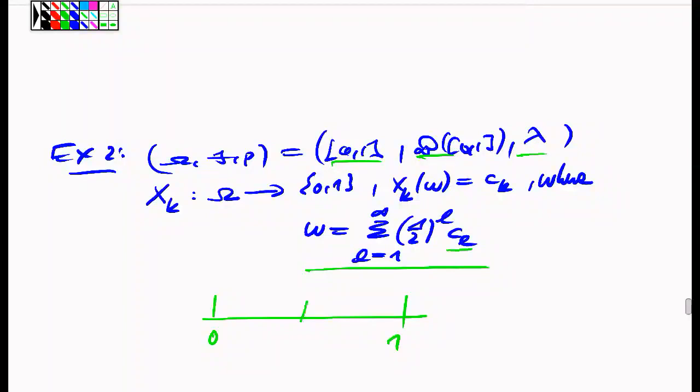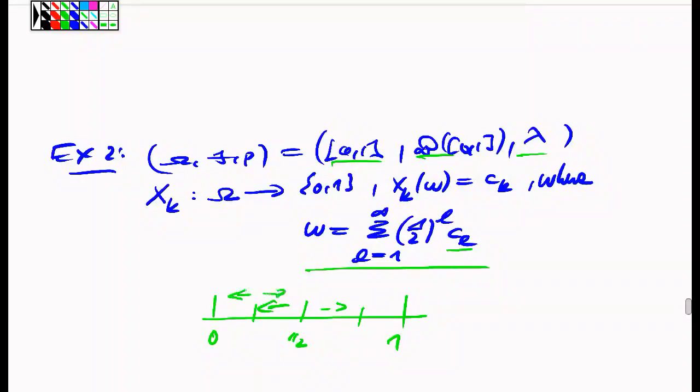Geometrically, it describes that we have a choice to make at each level k. So at level k equals 1, say, we have to make a choice whether our number omega lies to the right or to the left of the number 1/2. This is the question whether c1 is 0 or 1. And then once we have made a choice here, we can subdivide the next half unit interval into subsequent half intervals, or intervals of size 1/4, and we have to make the next choice whether